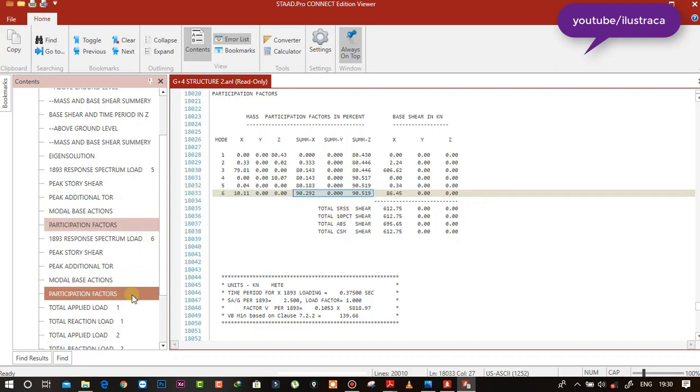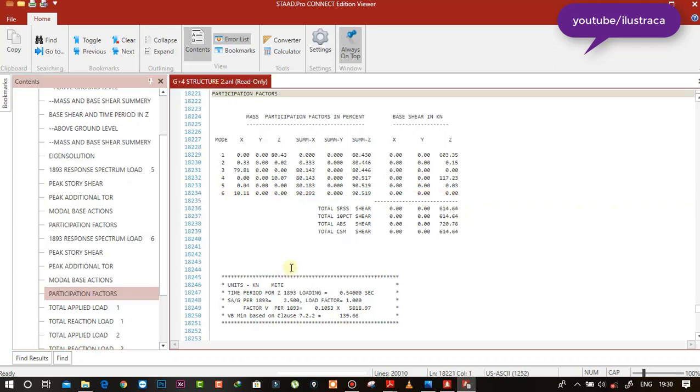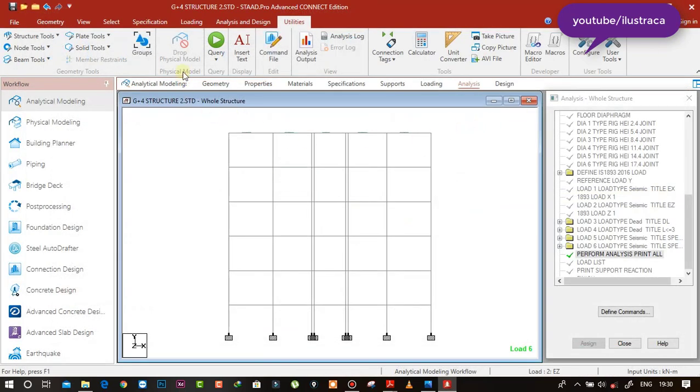If you check the response spectrum in Z direction, same case for the 6th mode, we have the 90%. So there is no need of changing the number of modes. If you are not getting 90% here, you need to increase the number of modes.